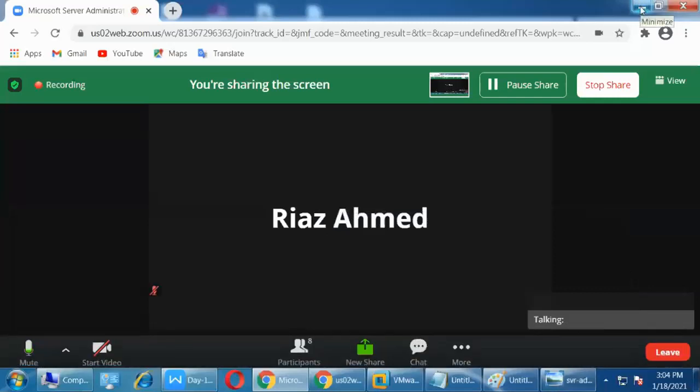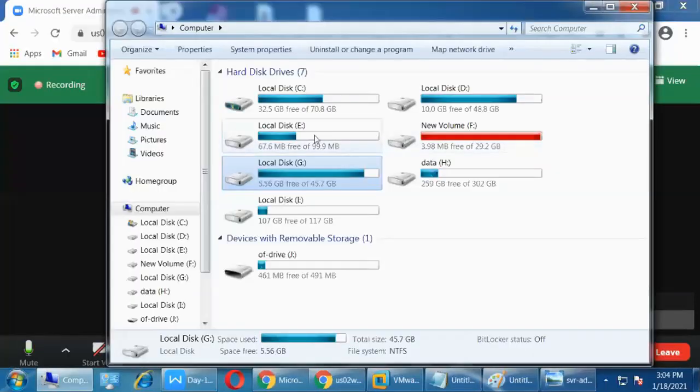FAT32 also. And FAT16 and FAT32, second important thing is partition support. How many GB is each partition? This is 70 GB, this is 48 GB, this is 29 GB, this is 306 GB.